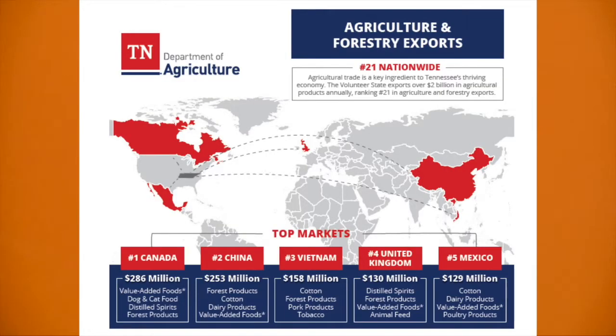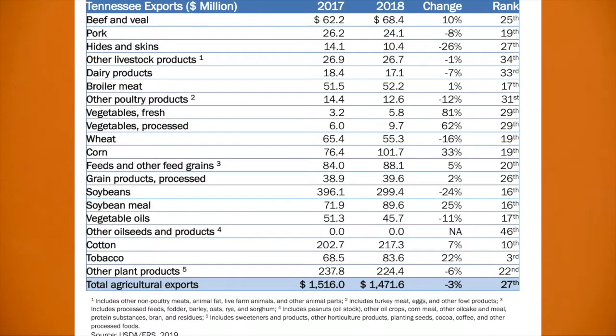The next thing I'd like to highlight is what agricultural trade means to Tennessee. I'll be real quick with this point: we export to some of the same markets that the U.S. exports to nationally. However, we also rely a little bit more on Vietnam for the cotton that we export. We also rely a little more on the United Kingdom and Europe for distilled spirits and forestry products. But we, like other U.S. states, see a lot of what we produce and export end up in the Chinese market.